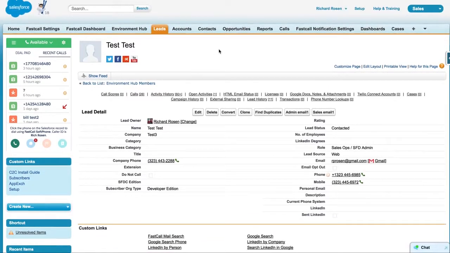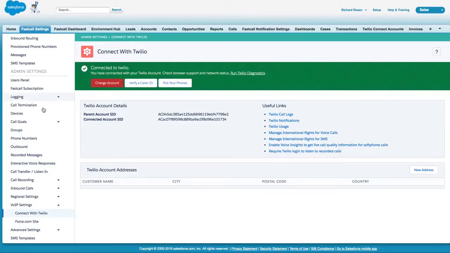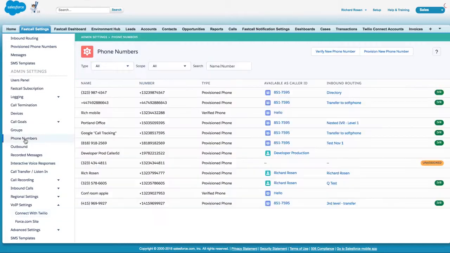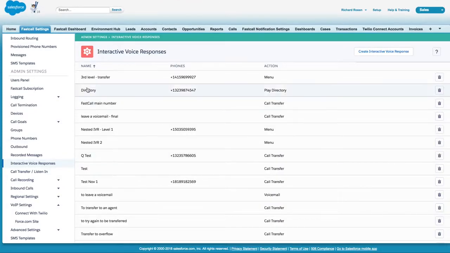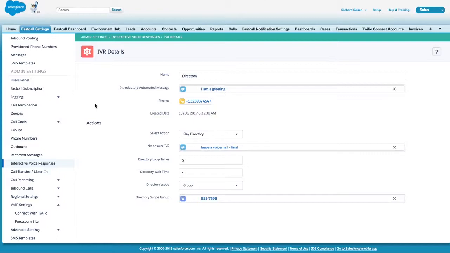I know this demo is getting a little bit long, but I did mention phone numbers before. These are the phone numbers that we're provisioning to Twilio. We have some recorded messages, which are also managed with Twilio. In essence, everything in our application, for example our inbound interactive voice response, is where we're creating a series of commands to tell Twilio what to do. For example, you provision a phone number, we say to Twilio, hey, there's a phone number, that number call comes in, we want you to play a greeting, and then we want you to